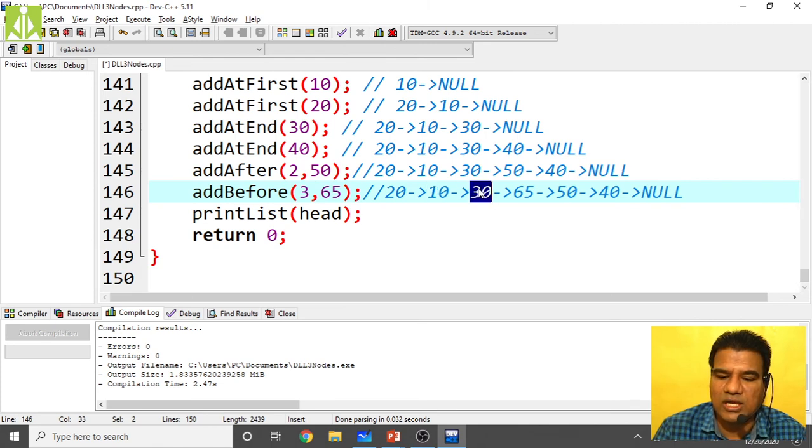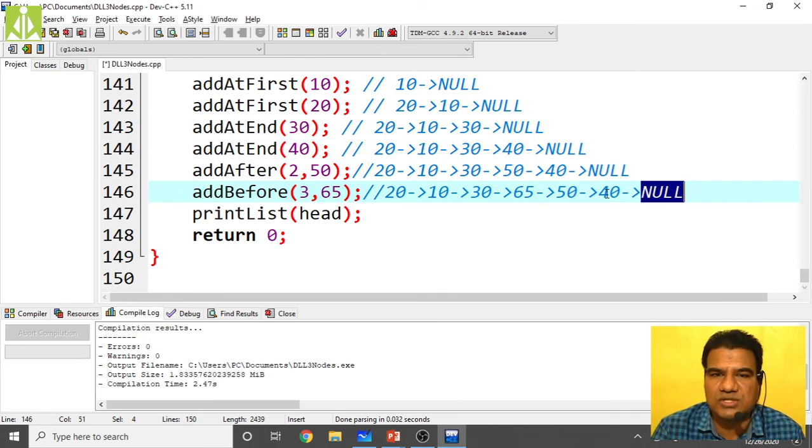No. Go to 30. 30 equals 73? No. 65 equals 73? No. 50 equals 73? No. 40 equals 73? No. Temporary pointer reached null, isn't it? That means you have reached the end of the list and you didn't find 73 inside your list. So we have to give the negative response. In that way we perform the search operation.